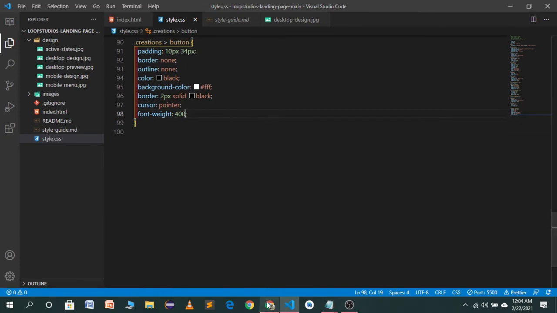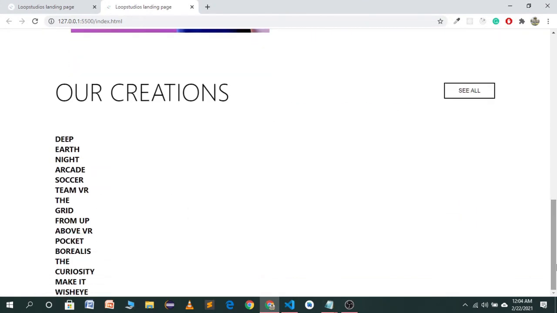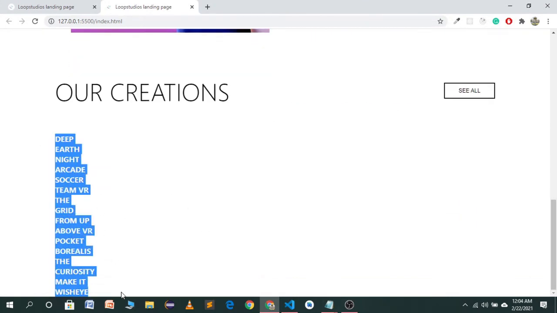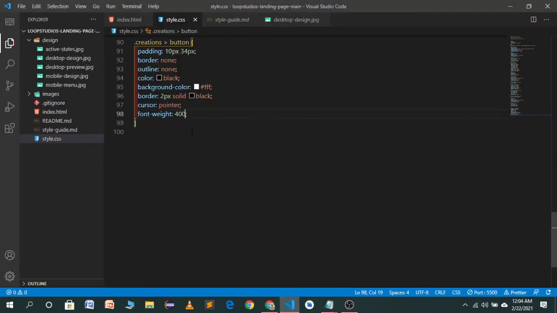First of all, let's go to our website and see how it will look. Now you'll see it's looking ugly right now because this style is not looking good. So here we will target this grid section, and we will also target the menu items.